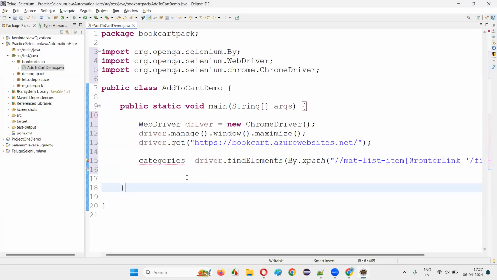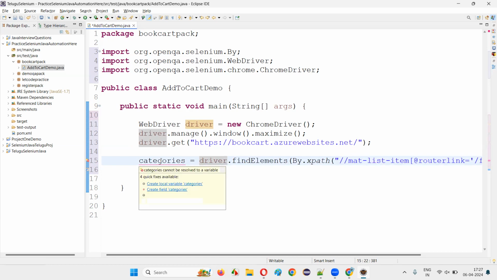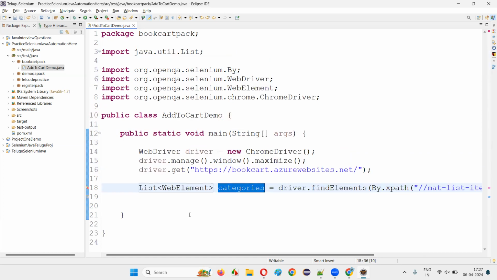Categories. Correct, spelling is right. Categories, list of categories. So here a list of web elements will come. Hover the mouse on this categories and click on create local variable. The list of categories will be created, guys. And after the list of categories got created, what I will do here is